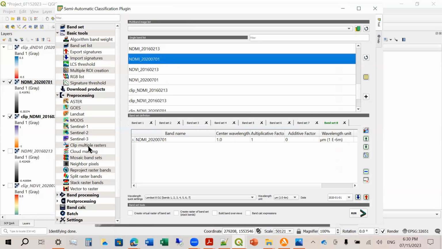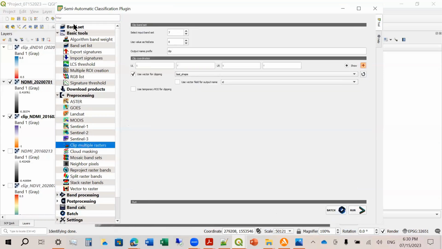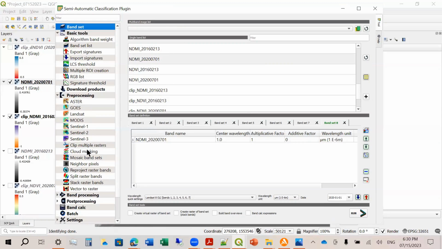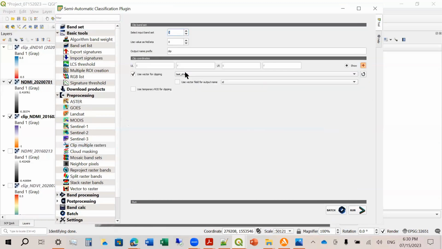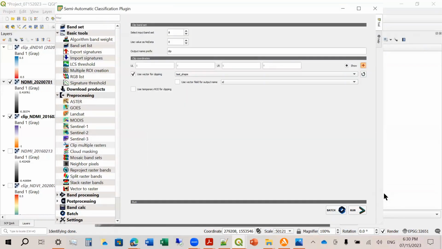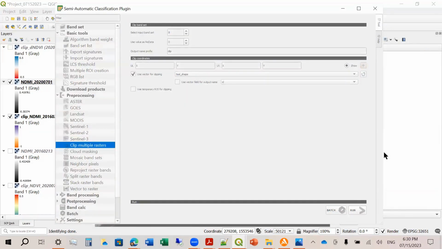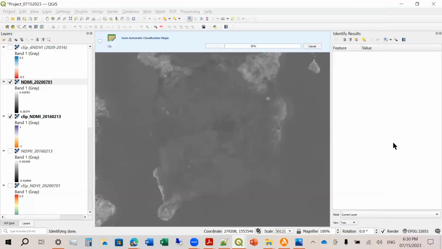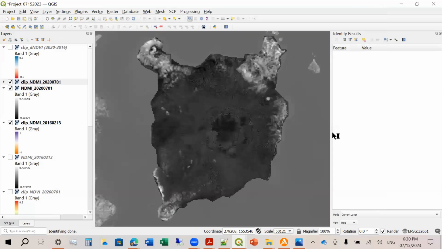Then go to, this is band number 8 na. No? So band number 8, then you clip, then run. Okay, so again, let's wait for clipping. Okay, so this is it.